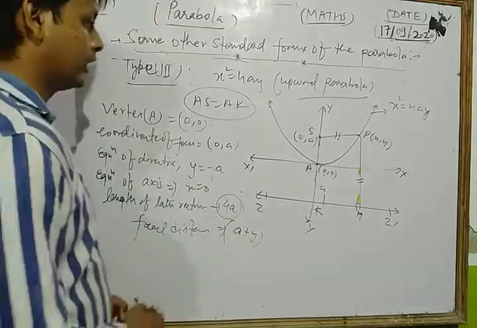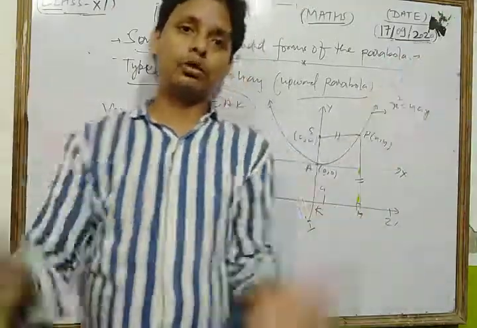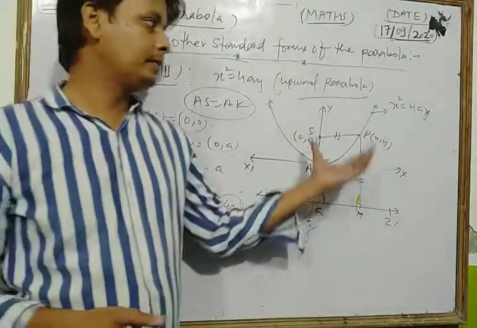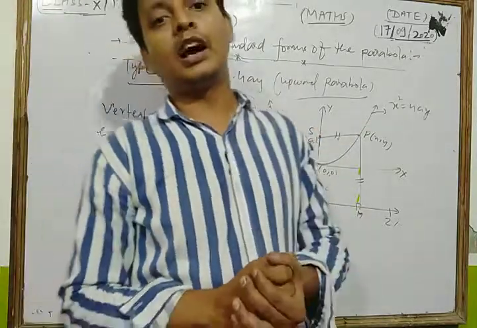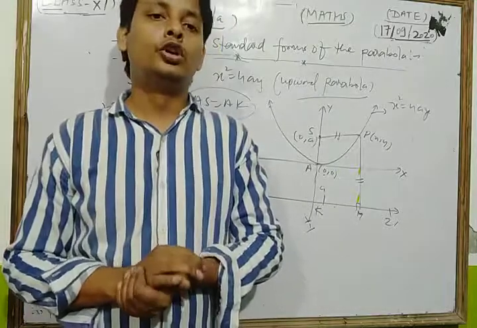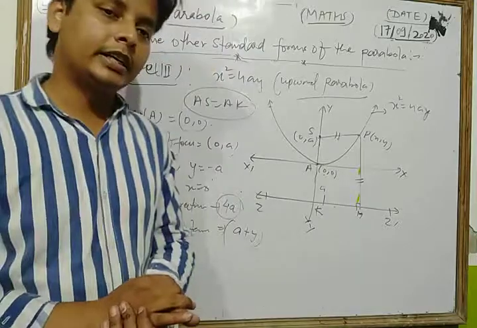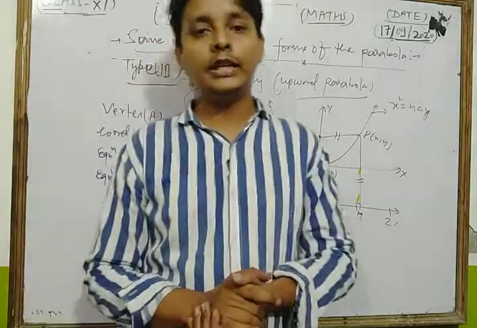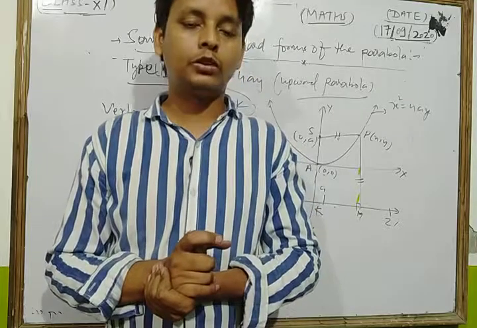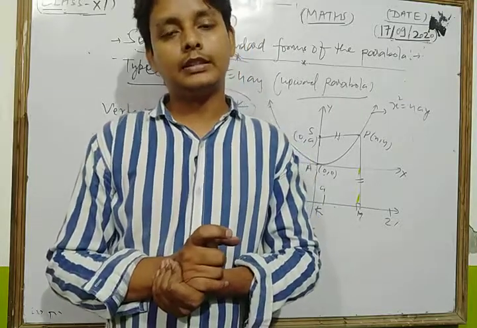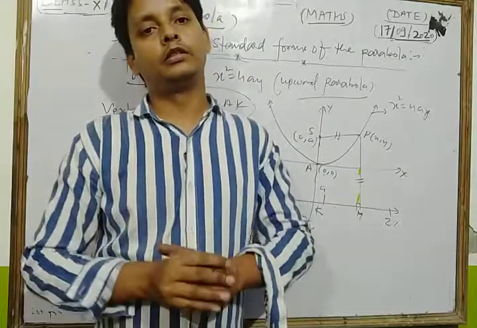So in this way, today we discussed some important terms related to the parabola, and the other standard forms of the parabola, that is right hand parabola, left hand parabola, and upward parabola. Now dear friends, first revise all the topics which we discussed in this class. After that you can solve every question of your NCERT exercise. In the next class we will also discuss the last type of the parabola, which is the downward parabola, and some important concepts related to that, and we will take some important questions and solve them in the next class.